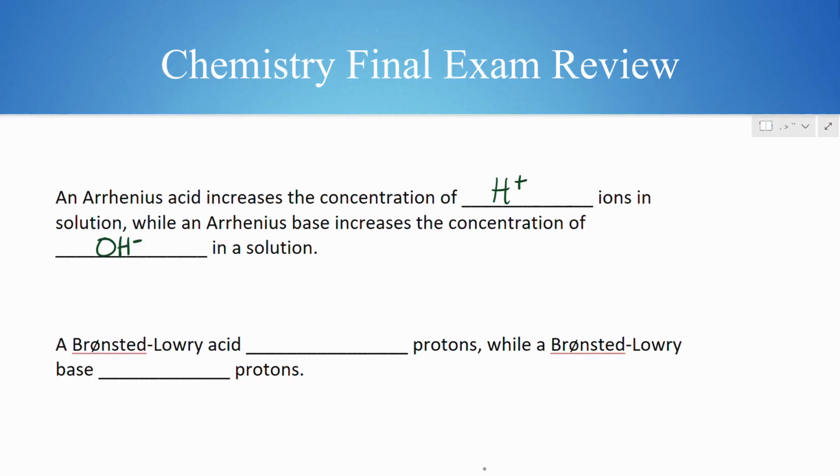Now, next we have the Bronsted-Lowry definition. A Bronsted-Lowry acid, something protons, while a Bronsted-Lowry base, something protons. So from this, we know from our notes and our textbook that a Bronsted-Lowry acid is going to donate protons, and a Bronsted-Lowry base is going to accept them. You also might hear the phrase that a Bronsted-Lowry acid is a proton donor, and a Bronsted-Lowry base is a